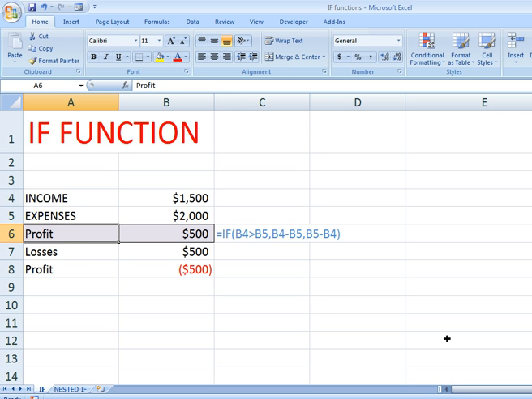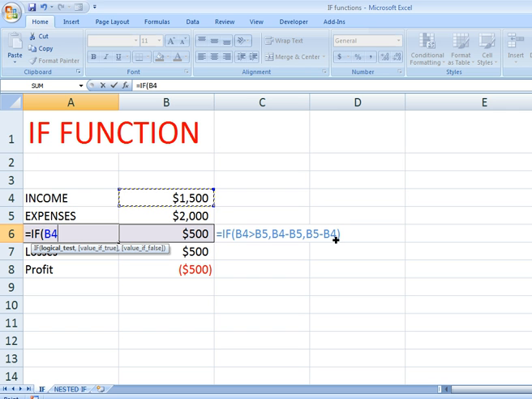Let's do this here also, again the same procedure.